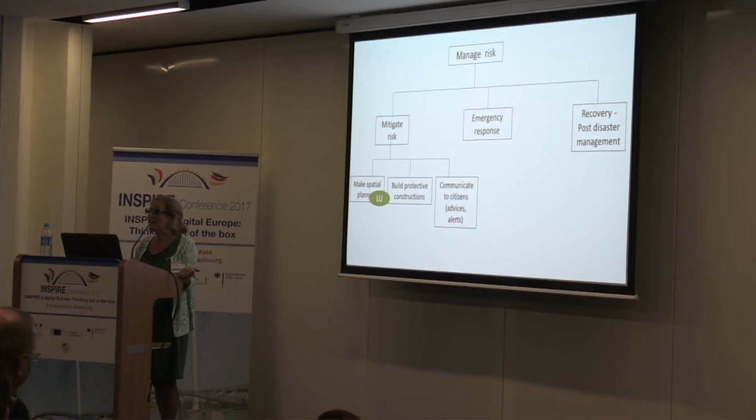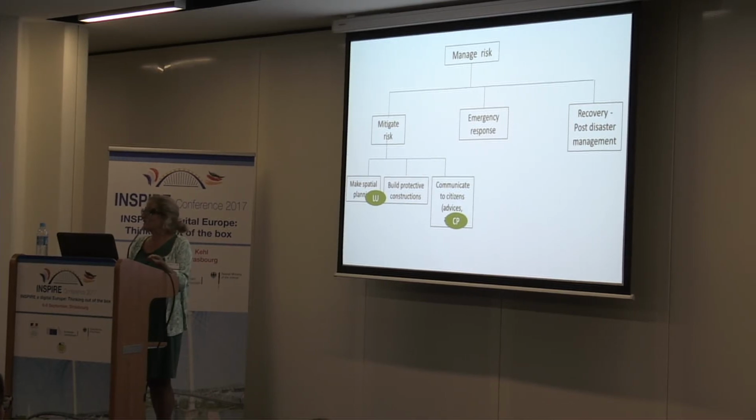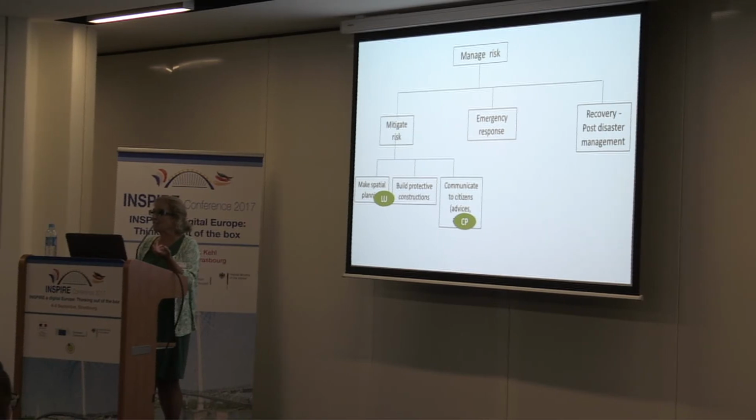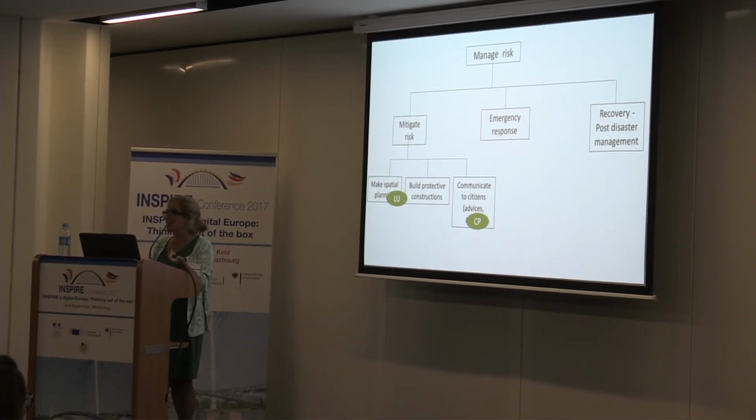So at the end, you will have land use. It's building protective construction and finding the right place to build them. It's communicating to citizens, giving advice. For instance, finding the owners to encourage them to have sustainable behavior, to make their buildings less vulnerable to risk or less energy consuming. To build this protective construction, you monitor the buildings with cadastral parcel and buildings, for protective construction, finding